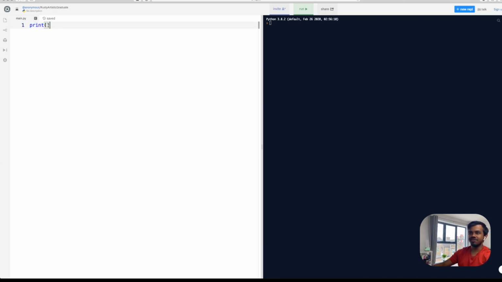And then what you have is the brackets. And the idea is that anything you want to print out onto the screen, put it inside these brackets, right? So I can't do something like this, right? Python's going to be like, hey, what's that? I don't recognize what that is. So let's fix that. Let's put print. What you have to do is use the brackets. And in there, that's where you put something that you want to print out onto the screen.